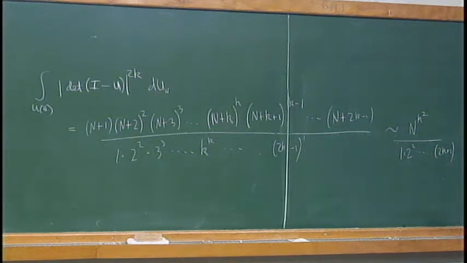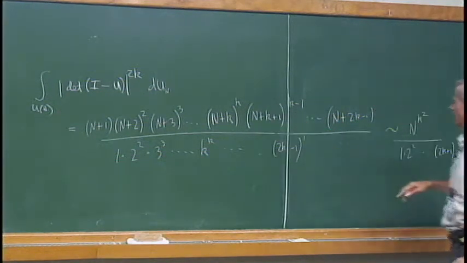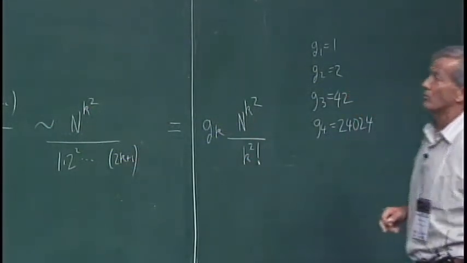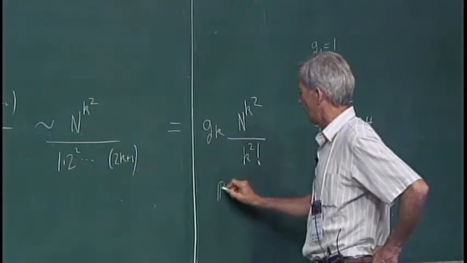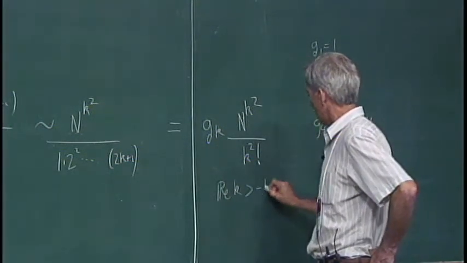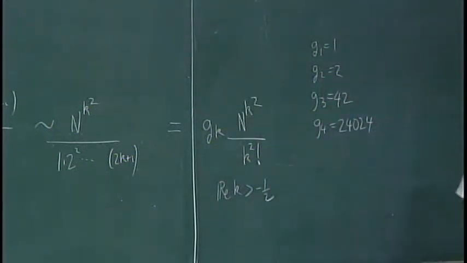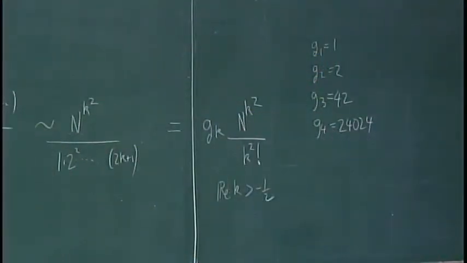You can write an expression like this in terms of Barnes G functions or products of gamma functions in such a way that you can actually get gk for real part of k bigger than minus a half. Sorry, not sure what happened in my slide. And then